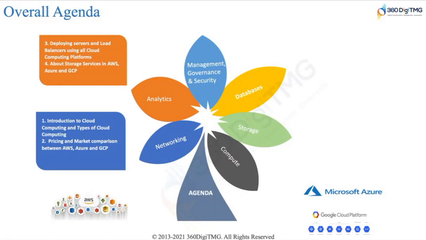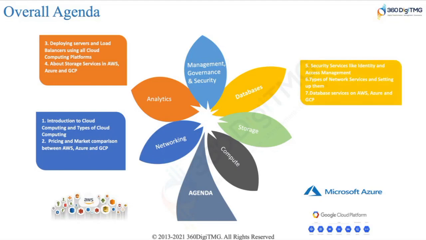We will be talking about deploying servers and load balancers in all the computing platforms, that is AWS, Azure, and GCP, storage services, and security services like identity access management, securing your applications, and then networking, how to configure the network, how to isolate the services by networking, databases